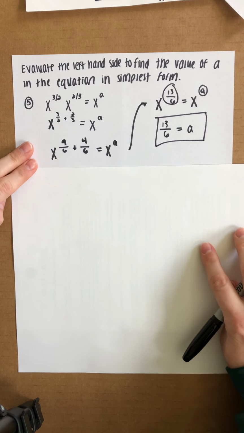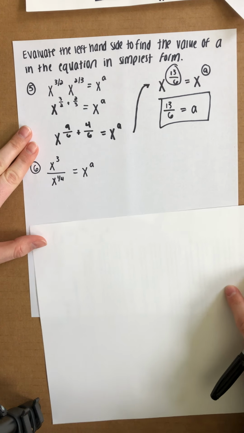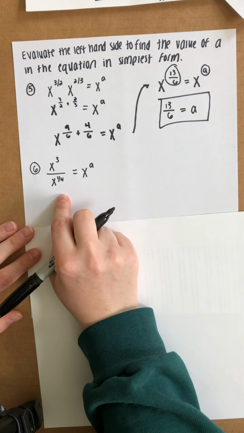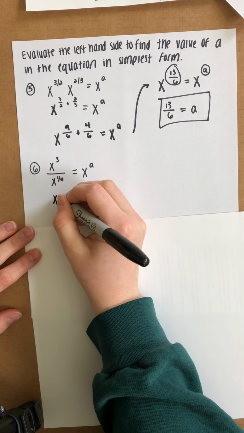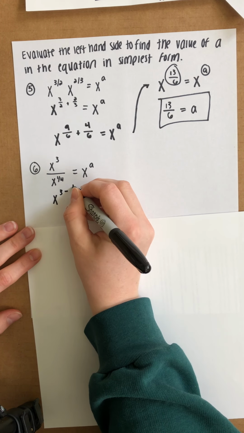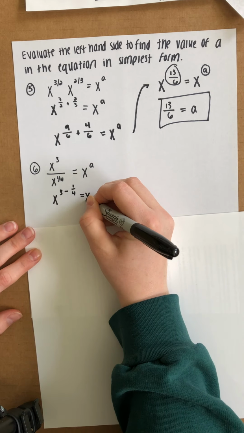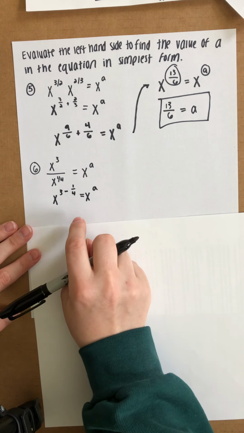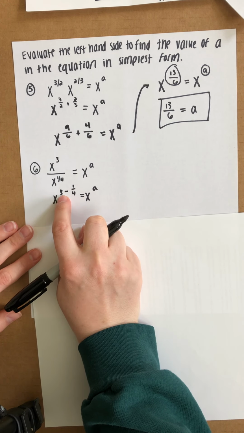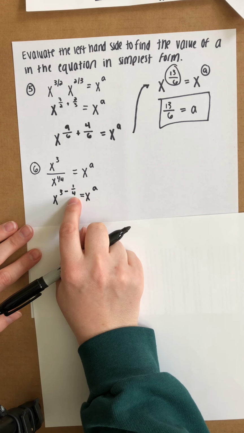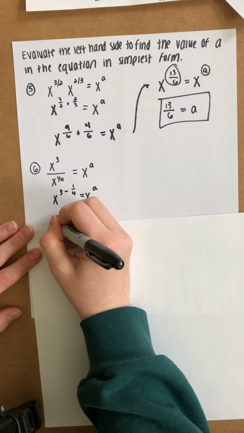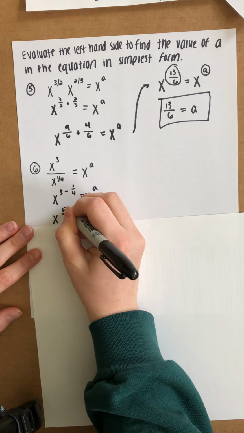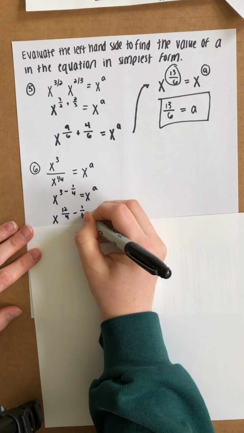Another thing you might see is you might have to divide with exponents to solve. So in this case, we are trying to simplify this. Remember that when we divide with exponents, we have x cubed, and we subtract minus 1/4 equals x to the power of a. So before I can subtract, I need to get a common denominator. This is already a fraction. This is not a fraction, so I'm just going to make my common denominator 4. So to get 3 over 4, I'm just multiplying by 4, so 12 over 4 minus 1 over 4